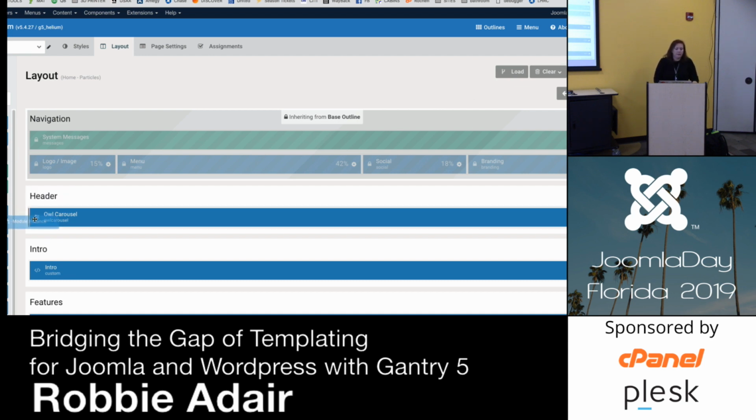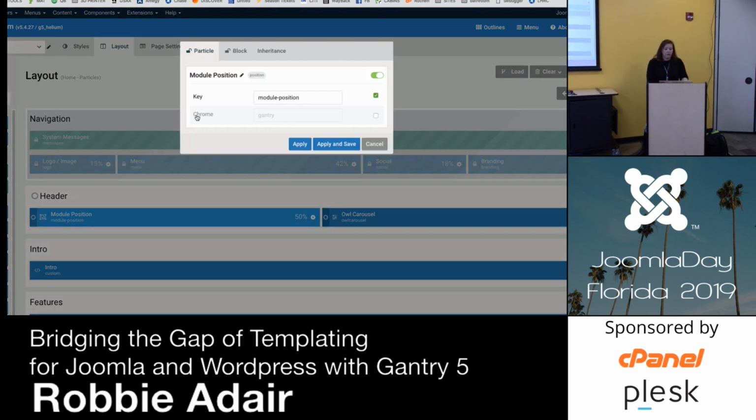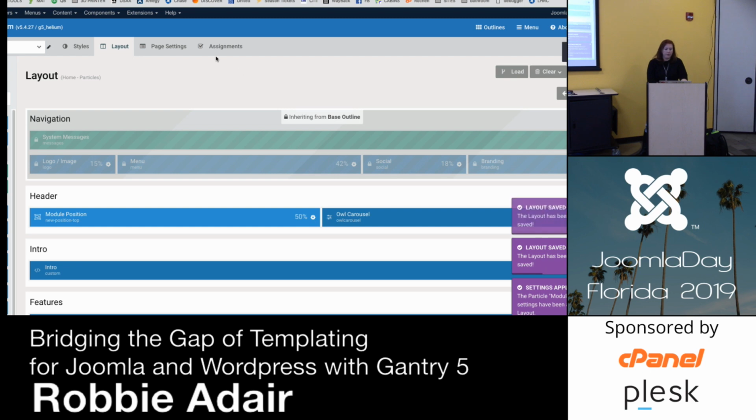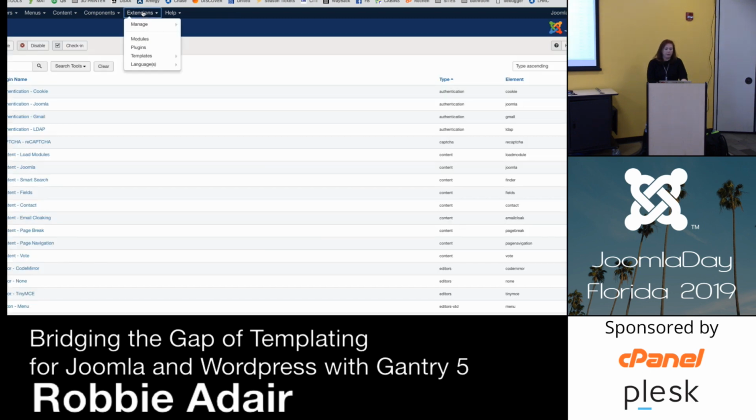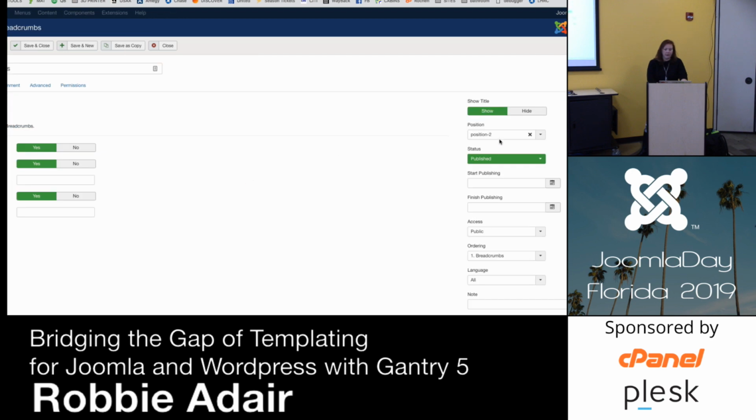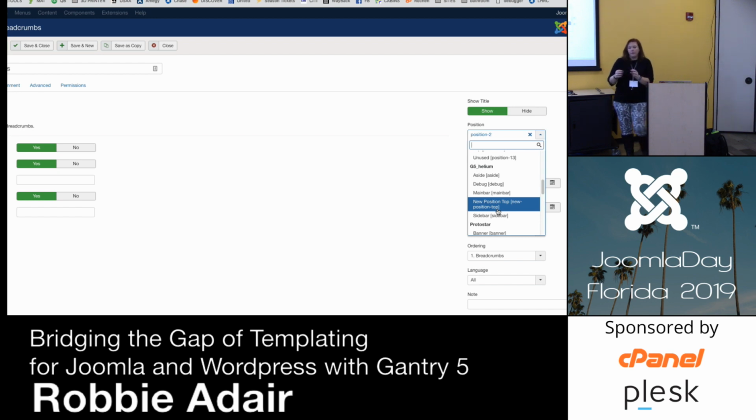If I wanted to put a module in, we had to go over there and we had to put a little module position in there, right? Not anymore. This is going to drop a module position. It's going to allow us to name it. I'm going to call this new position top, let's say. I'm going to save that, and now you'll see if we go to modules, you'll see that now that is one of my positions, new position top that I just made. So now I have a new position to put that module in. And so when you're picking between a module position or a module instance, it means that position.